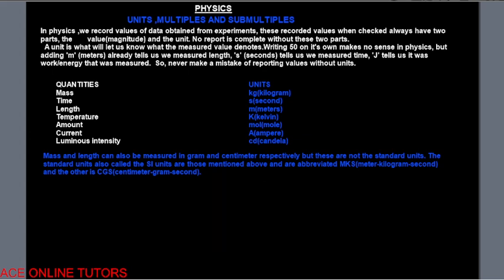So now you should know something. They said they are not the standard units, which means that the ones that we have listed here are the standard units of measurement. If you leave your answer in those units, nobody is going to question you. But if you leave your answer in other units, you might be questioned, unless the question is telling you otherwise. For example, in a question you are asked to calculate length,